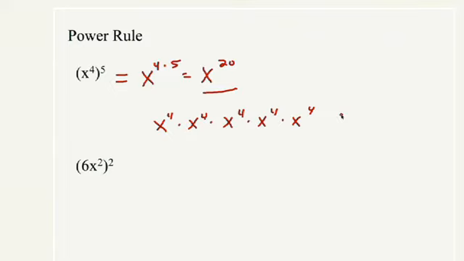Now, here, there's a mistake that students will often make in a problem like this. So to try to prevent you from making that mistake, I recommend that if you have more than one thing in parentheses raised to the power, as your first step, you write the first thing raised to that power times the second thing raised to that power. So 6 squared is 6 times 6 or 36. X squared squared, 2 times 2 is x to the 4th.